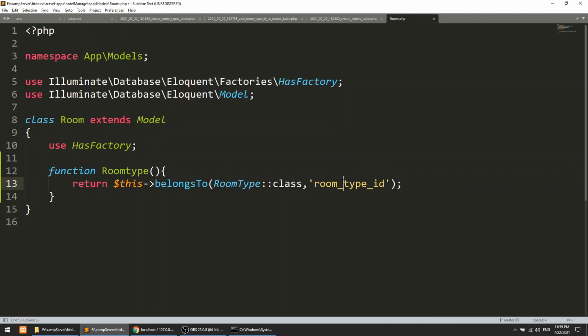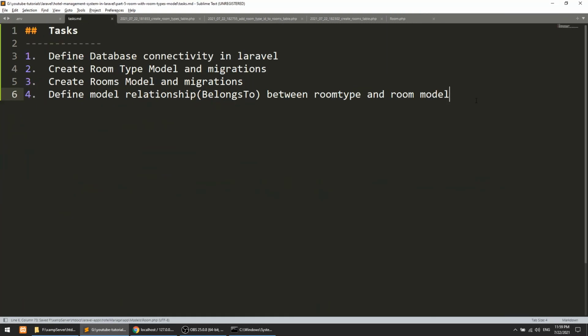But we have defined the room type ID differently from the table name, so I have added it here. So now we have defined the relationship. In the upcoming videos I will show you how we can show the data according to the relationship. In this video I have performed all these four tasks.